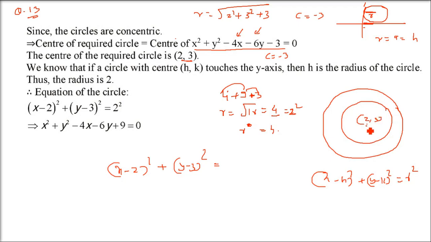So I hope you got the idea. See, this question is simply given to test your ability to find out whether you know, when a circle touches the x-axis or y-axis or both axes, how you are going to find out the radius, because you are not given the radius. But radius is clear here. By 2, 3, you know it is 2. Just put it 2 square. So this is the final equation.